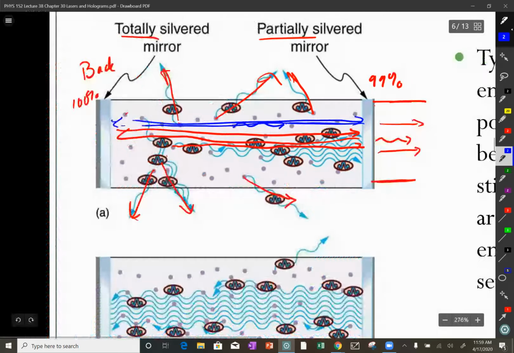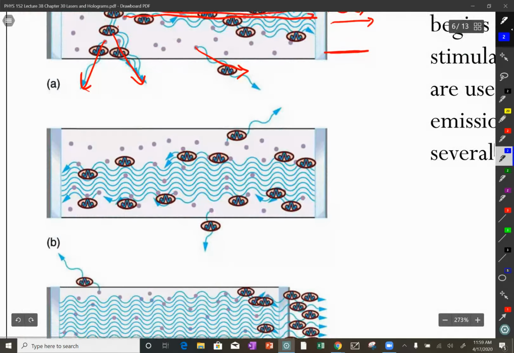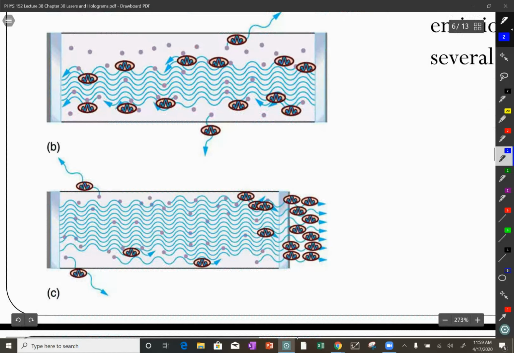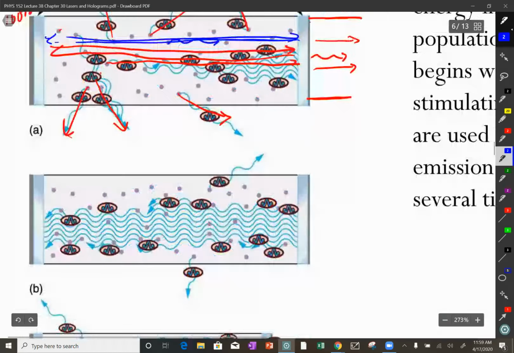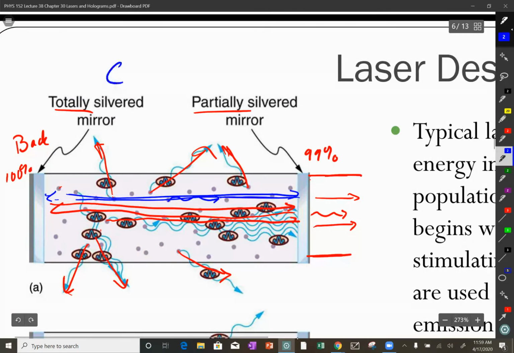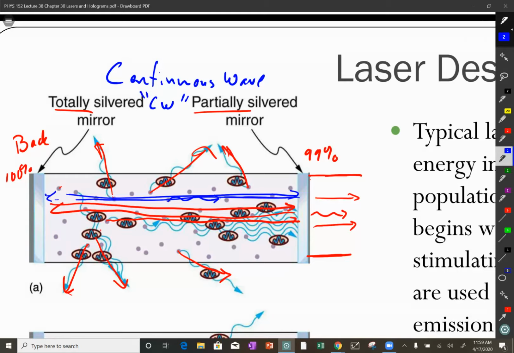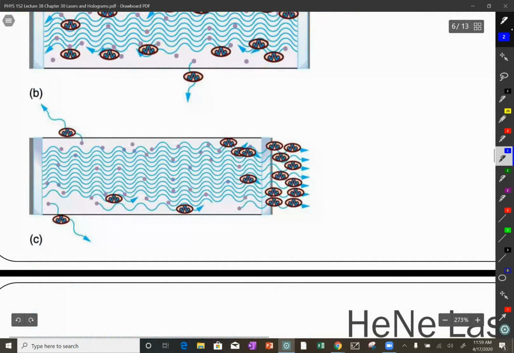So now if we follow through the pictures in the sequence, it shows now we have lots of back and forth, and it shows some emission. Now what I did here, this is called a continuous wave. Also known as a CW for continuous wave laser. So the continuous wave, it's constantly putting out a laser beam. You can also make a pulsed laser. This picture looks like a pulse laser. Well, a pulse laser